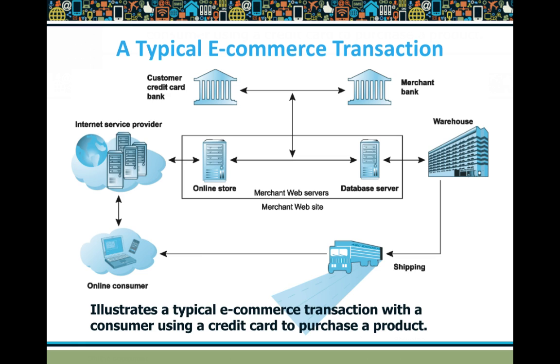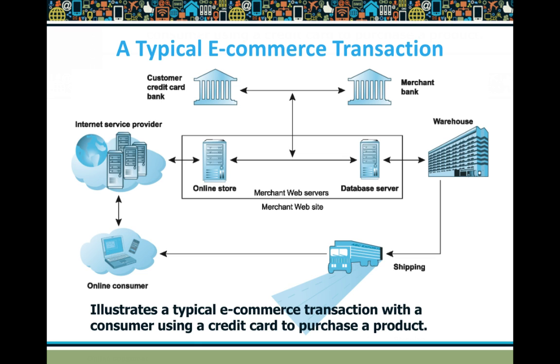Now if he's using a credit, debit or a normal bank transaction, he'll have a credit card with him, and that will be issued by a particular bank. So that is the consumer's credit card bank, and we'll have another bank wherein the merchant has an account, so the amount has to be credited to the merchant's bank. So the consumer's credit card bank has to communicate and authenticate with the merchant's bank. A type of authentication service has to be done between the merchant's bank and the